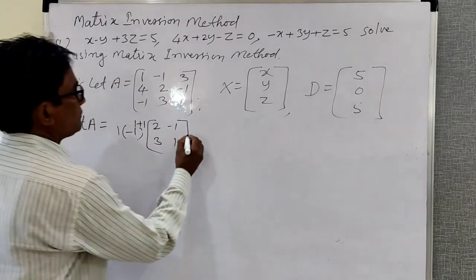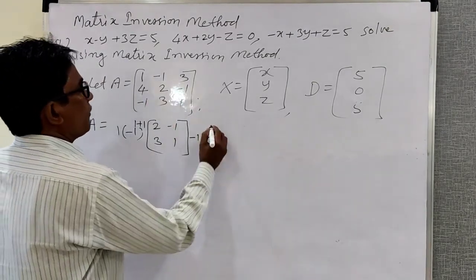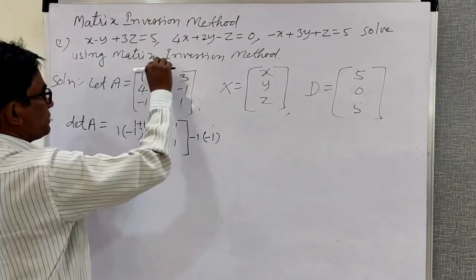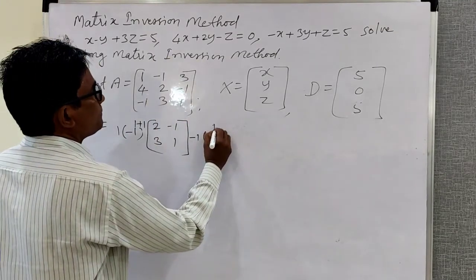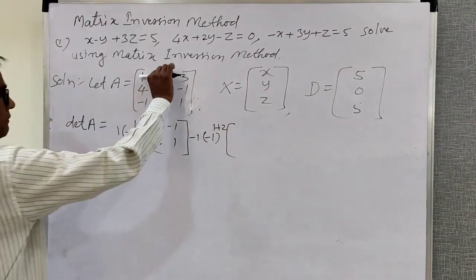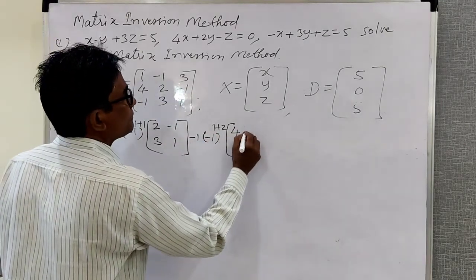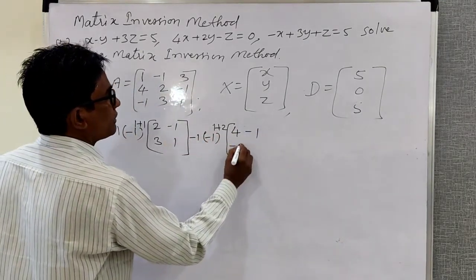Then -1 into this -1 power. This -1 comes in first row, second column, and the cofactors of this -1 are 4, -1, -1, 1,